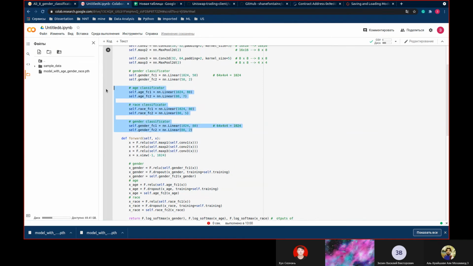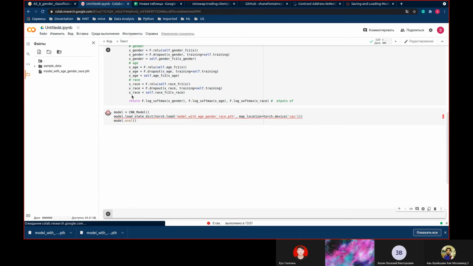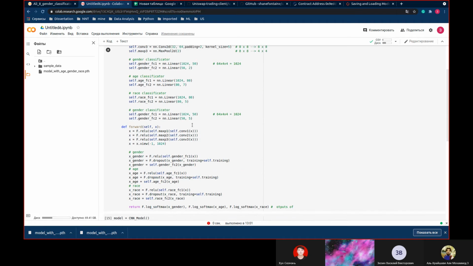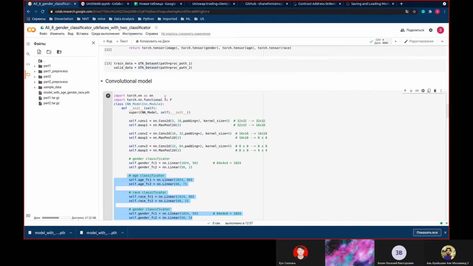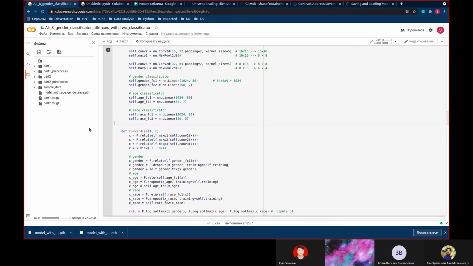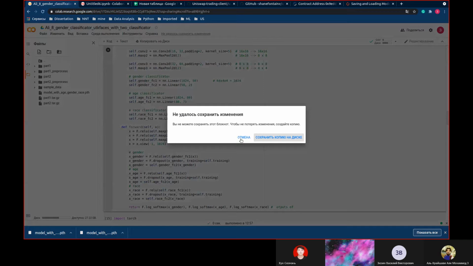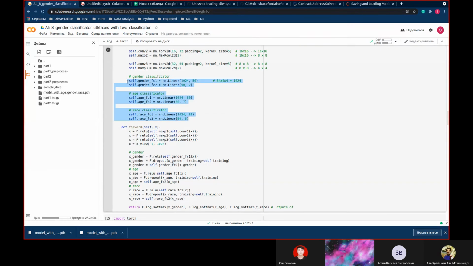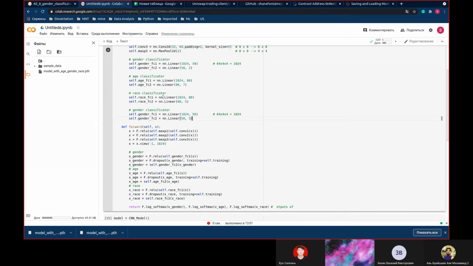Copy and the model should be the same, but the model is not the same. Age. Gender here. Correct.